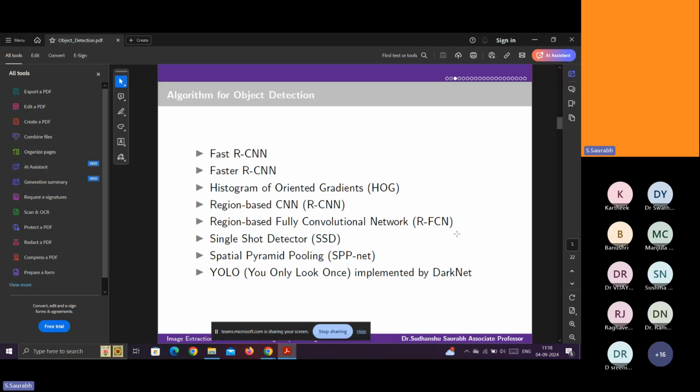Again, the fast RCNN is not so much fast. So another modification comes in the fast RCNN, that is called faster RCNN, which is composed of two modules. The first module is a deep, fully convolutional network. Fully means a completely dense model.